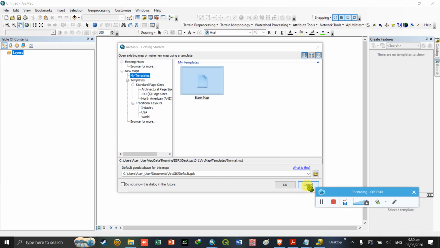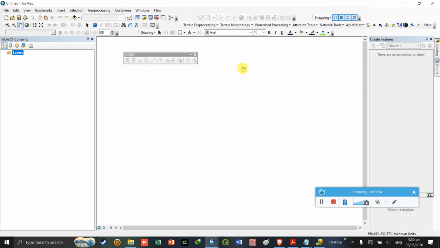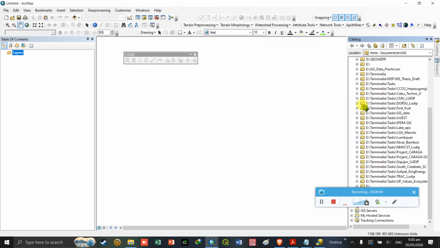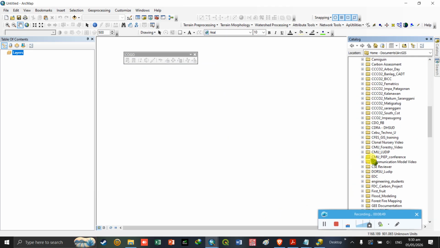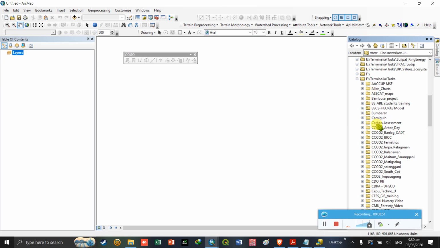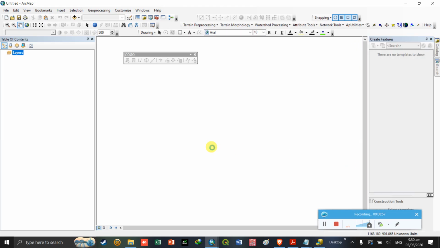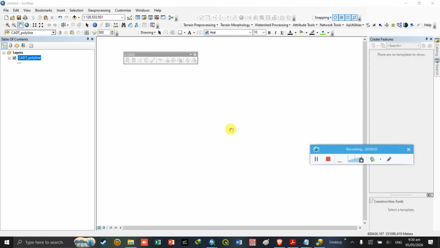So we can now have the ArcMap, and then we just need to load the newly created polyline. So this one has no data yet.